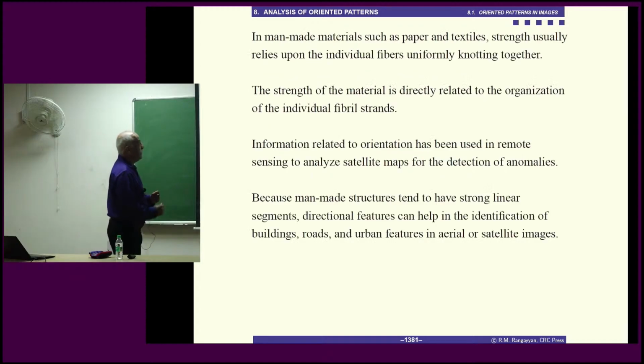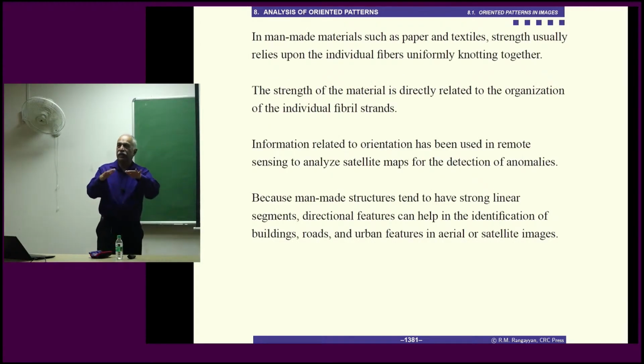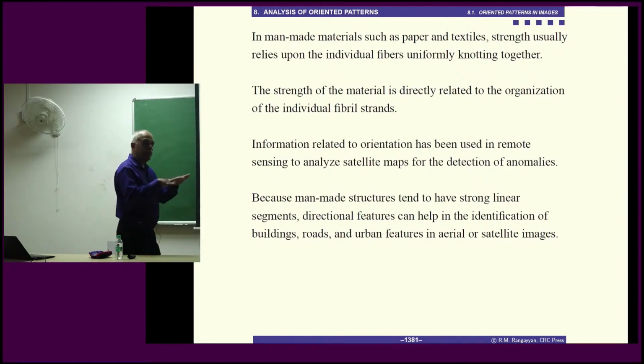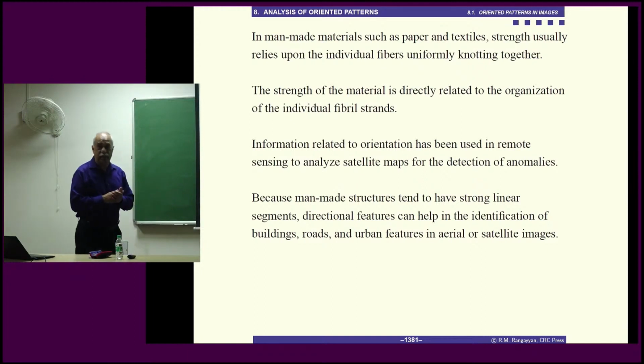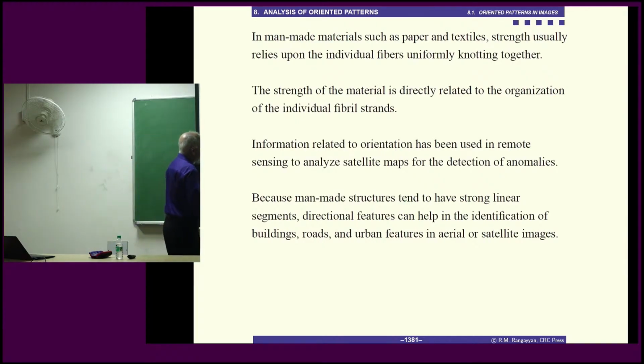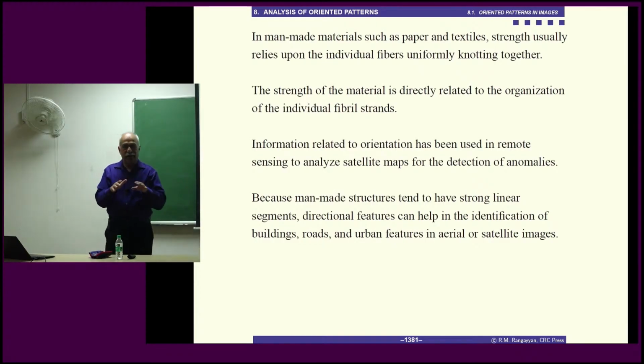So in man-made materials such as paper and textiles, again, strength or just the object like paper. In paper, you're not looking for strength. You don't want it to rip easily, but still, it's not strength, but the very existence of that sheet of paper depends upon individual fibers that are somehow put together in some order. The strength of the material is related to the organization, not necessarily always parallel, but there is some organization, and